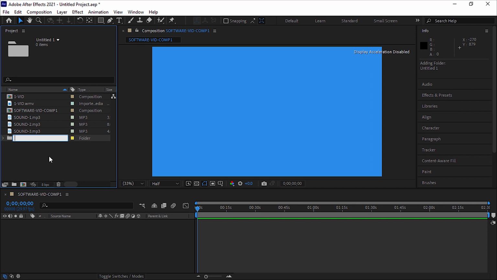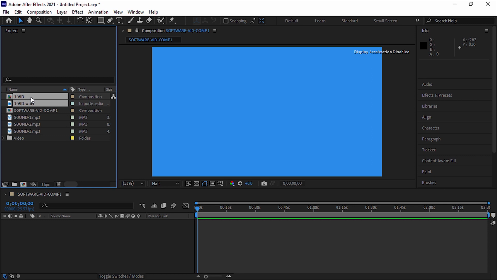For example, here I enter the phrase video for the name of this folder. Of course, instead of pressing the Enter key, you can also click on the folder icon to save the changes. Now I want to add the video files in the project panel to the created folder. So I click on the icon of the first video file, and by holding down the Shift key I also click on the icon of the last video file so that all of them are selected.